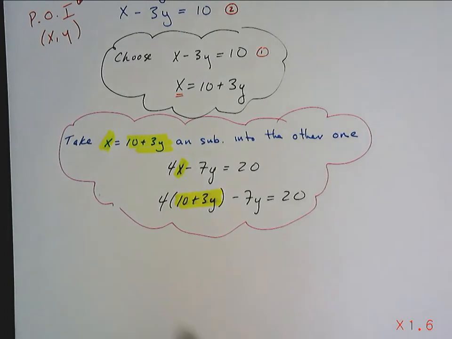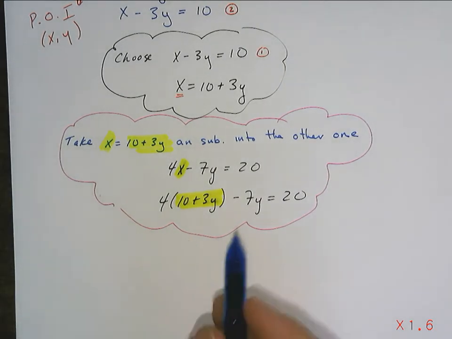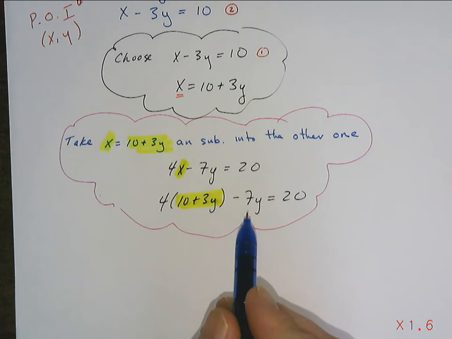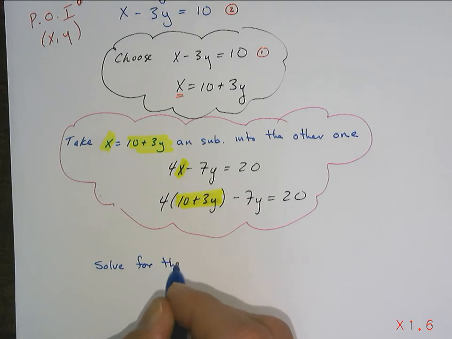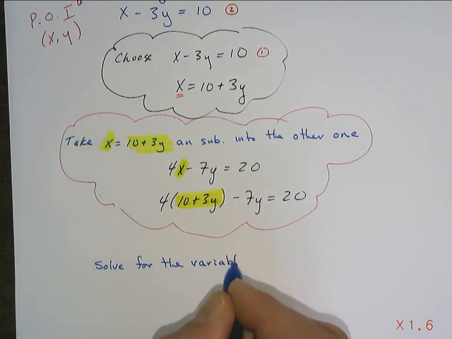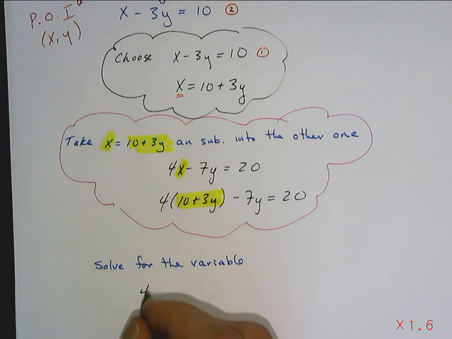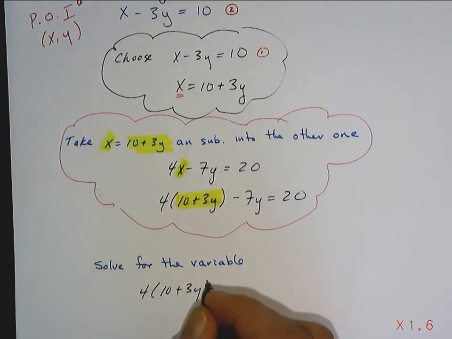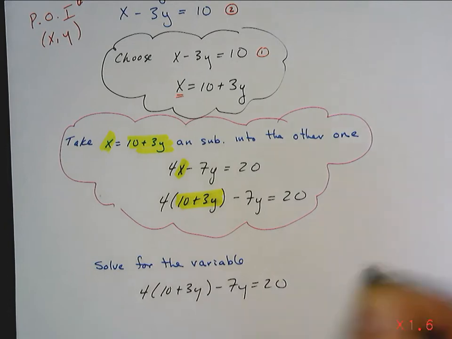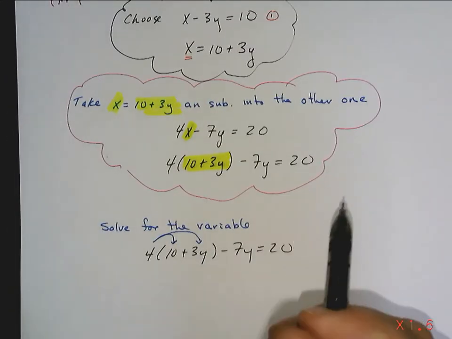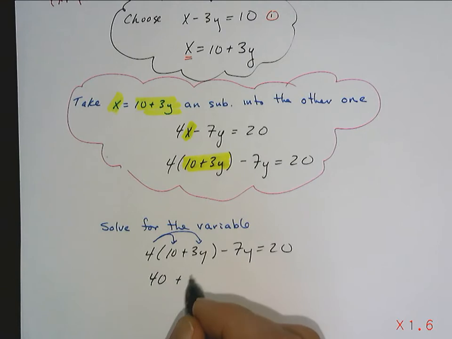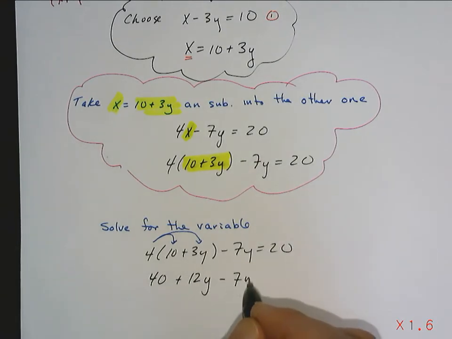Your next step is to solve for the variable that's left. Notice how I only have one variable now. So the next step is solve for the variable. And that variable is going to be solved by taking this 4 and distributing it into both things inside the brackets, giving me 40 plus 12y minus 7y equals 20, which gives me